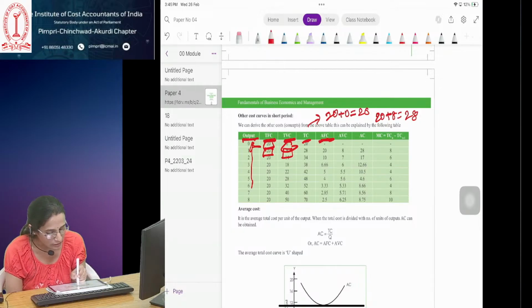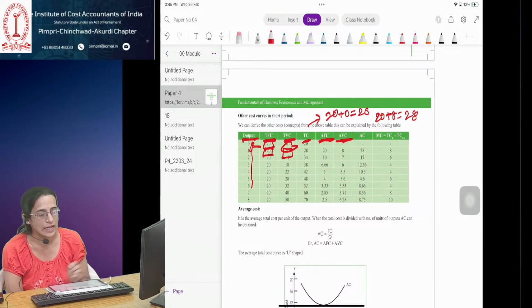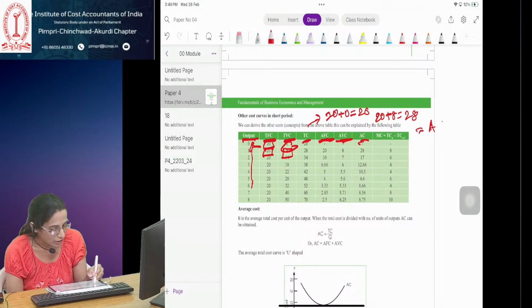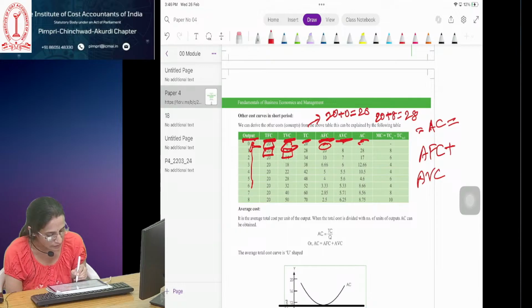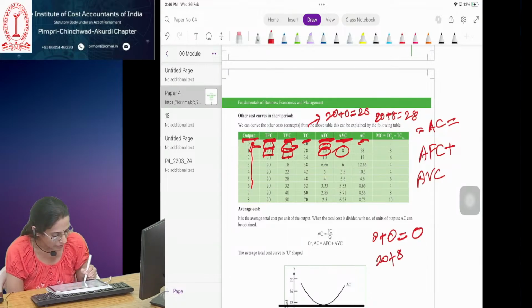Average fixed cost they have given us, average variable cost they have given us. So again, what will be average cost? Average cost is equal to average fixed cost plus average variable cost. So again see, average fixed cost is 0 here, average variable cost is also 0. So average cost is 0. Now average fixed cost is 20, average variable cost is 8. So 20 plus 8 is 28. So average cost is